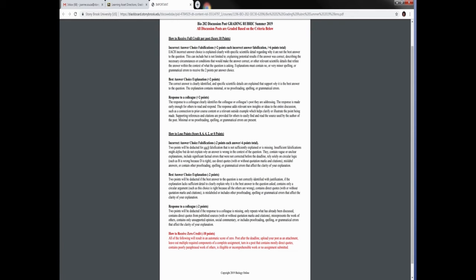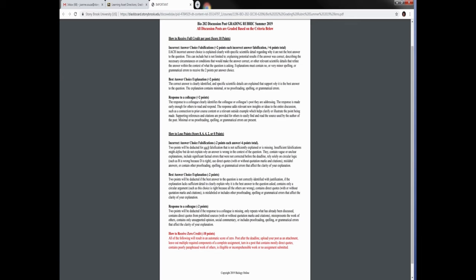If you upload your post as an attachment and don't cut and paste it into the discussion board box, that's also a 0. The reason is that we don't have the time to download attachments for every single student to open them. Or if you leave out multiple required components of your completed assignment, or if you turn in a post that has direct quotes.